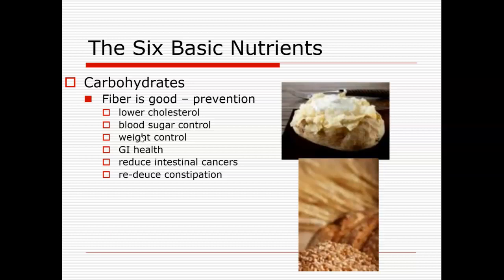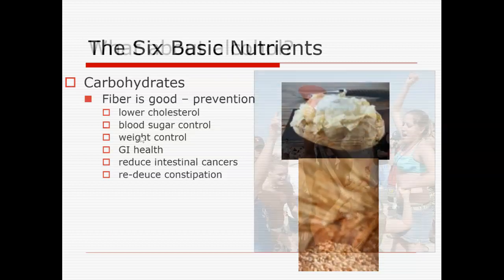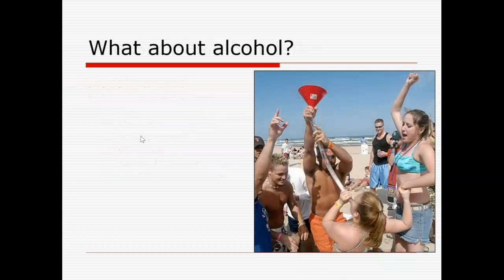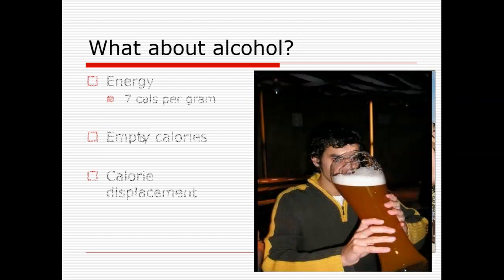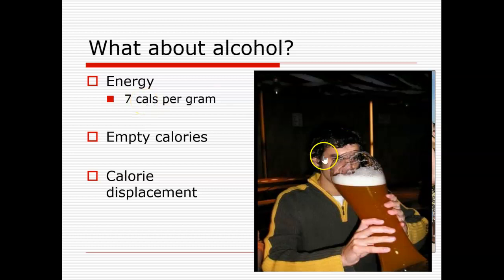That wraps up the macronutrients. There is one more, not really a nutrient, but there's one more food substance that gives us calories, and that's alcohol. It is empty calories. That means we get no nutritional value, but for each gram, we get 7 calories of energy. And so our body functions on that. We are displacing the other good calories because we're putting these calories in.